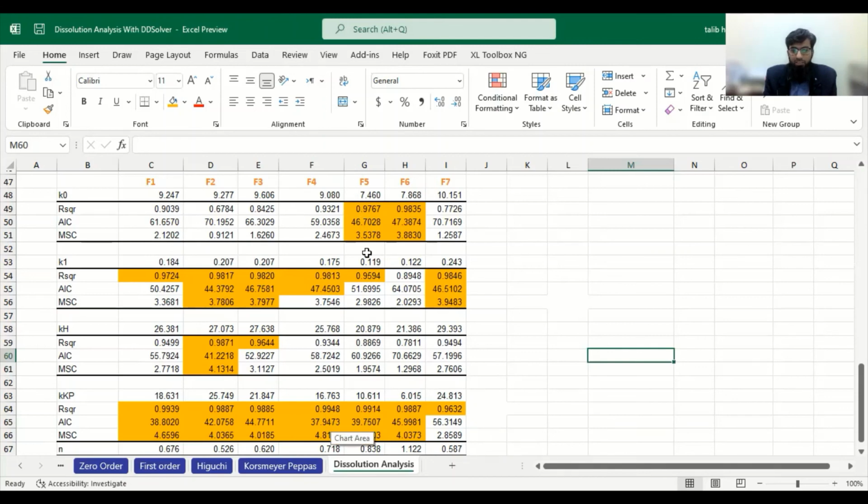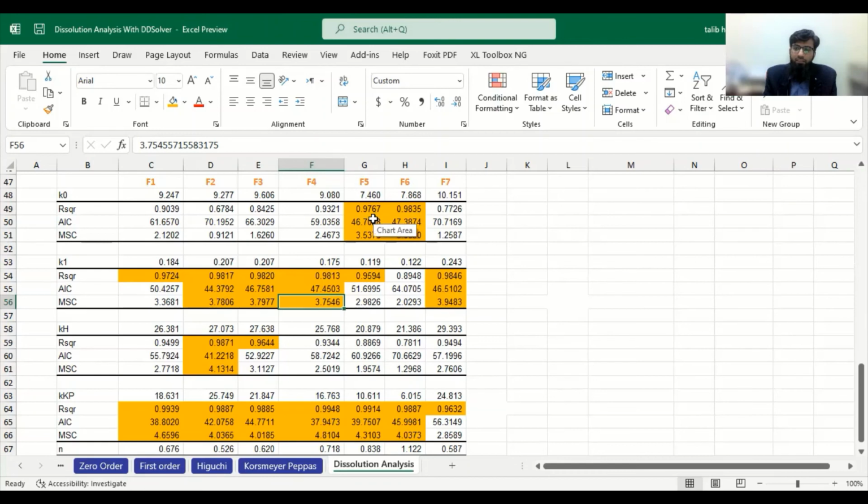And if we see, this one is also suitable, 3.7 value. First order and Korsmeyer-Peppas are suitable. So from this, the better one is also Korsmeyer-Peppas. For F5, the zero order model is suitable, and then Korsmeyer-Peppas is suitable. More suitable of these is Korsmeyer-Peppas.